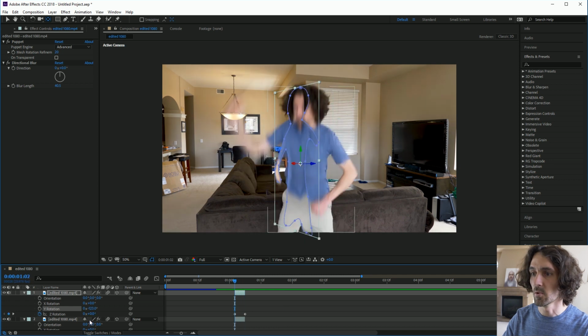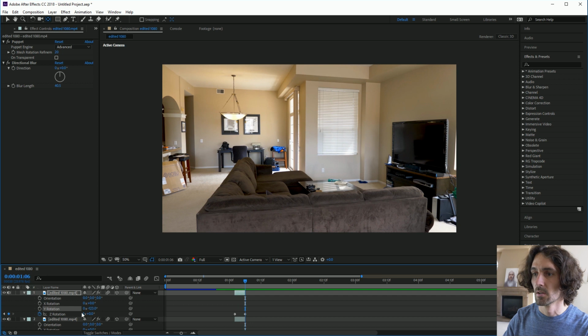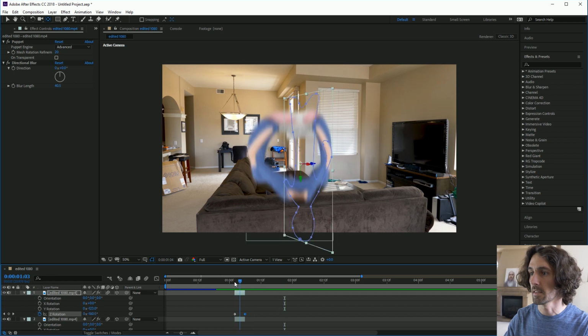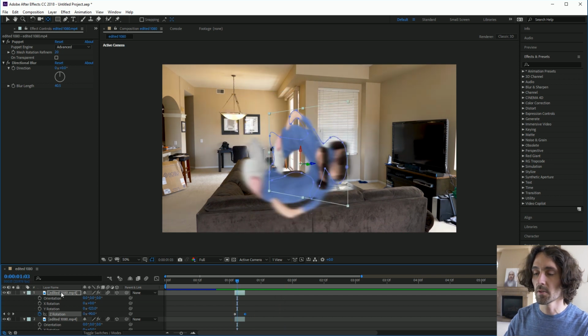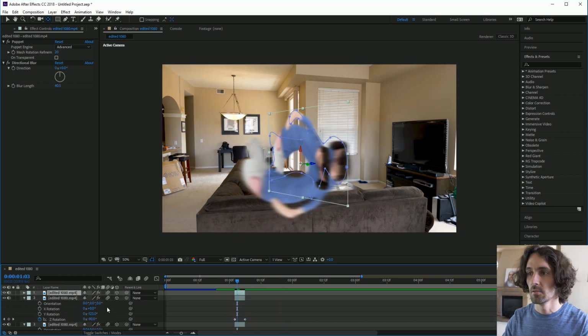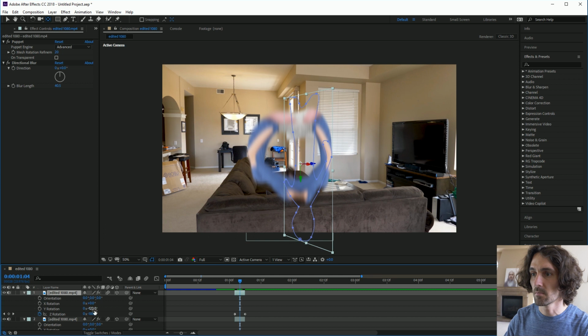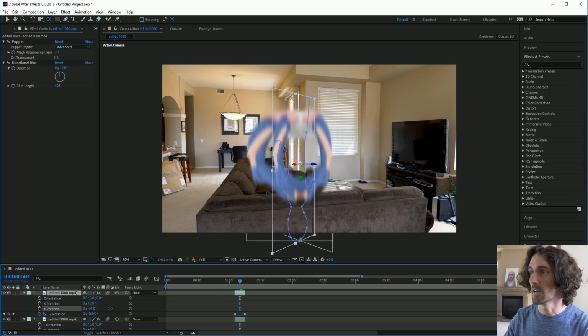We can even have it maybe move the opposite direction. So under the Z rotation, go to -1. See what that looks like. I like that. And maybe we'll do it one more time. Duplicate that footage, hit R to bring up the rotation, and see if we can make a third one kind of look